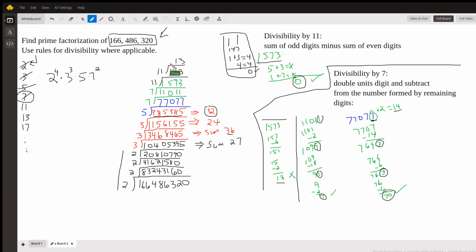Whew! When this quotient is a prime number, you're done. As long as you started with the smallest and kept going up the ladder, when that number is prime, you're done. Okay, so we had 2 11s and 1 factor of 13. So there's the prime factorization for this